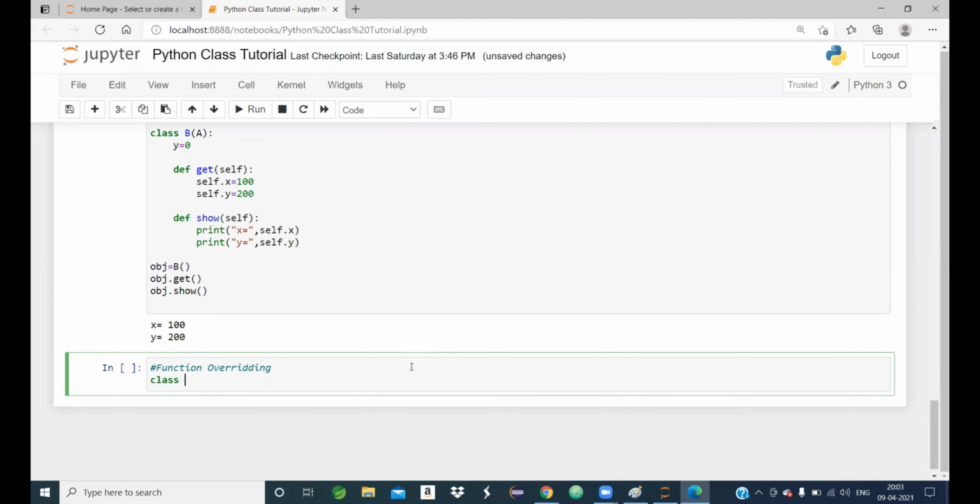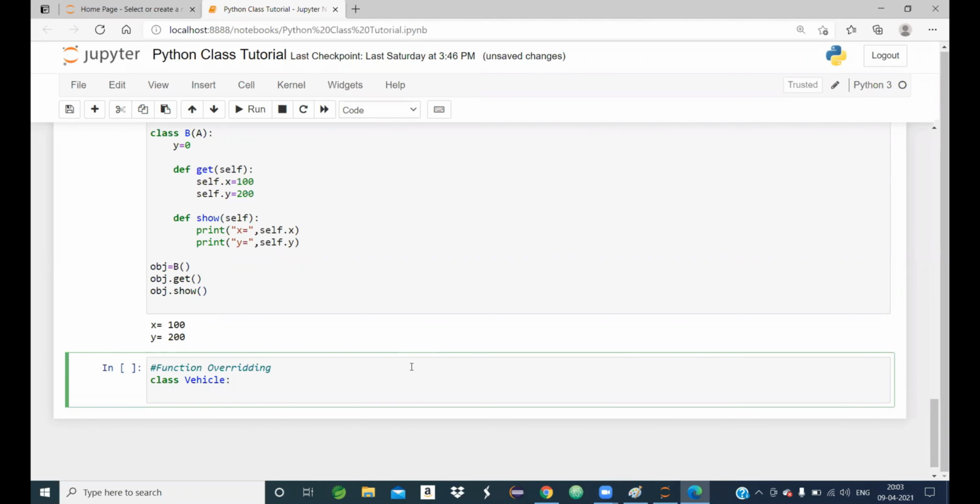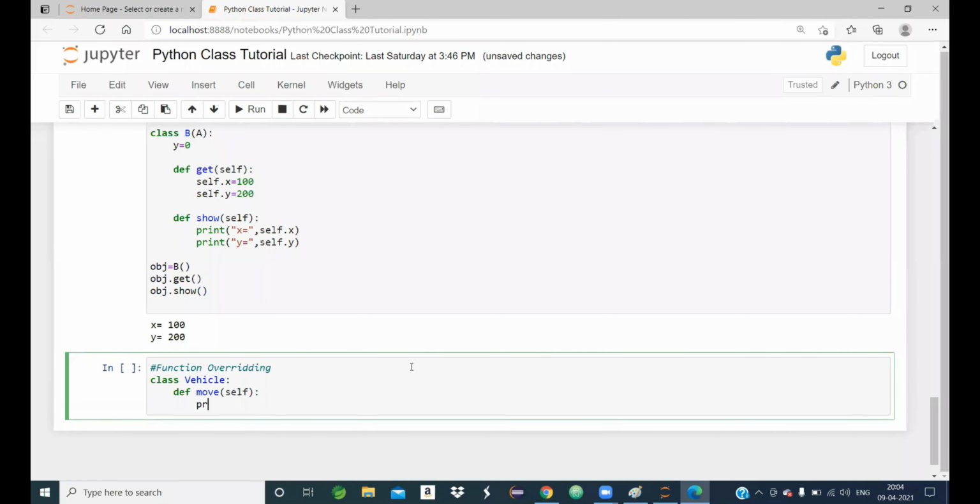Suppose I have a class Vehicle. One function I am defining, let the function name be move. Now one statement I am writing: vehicle is running.